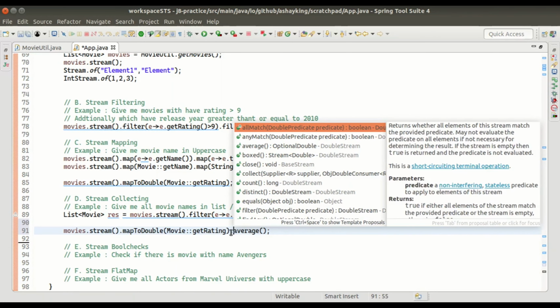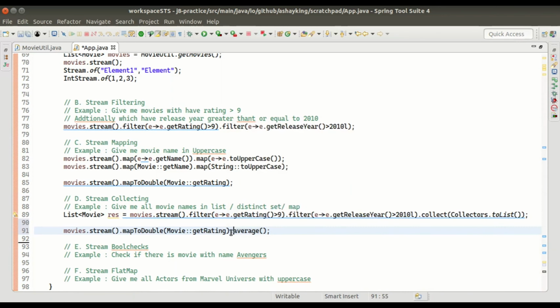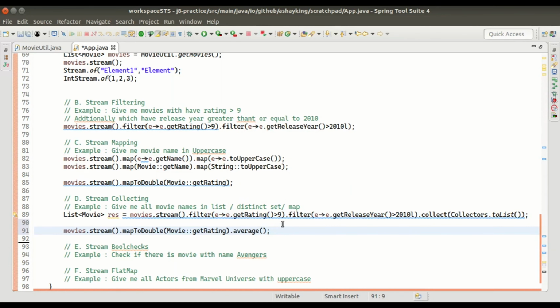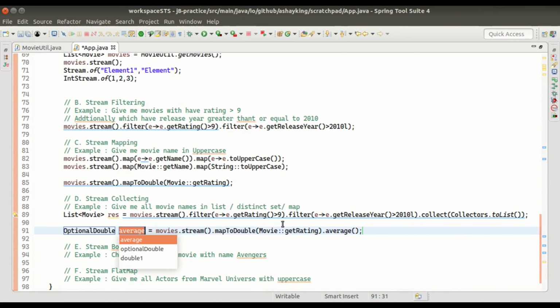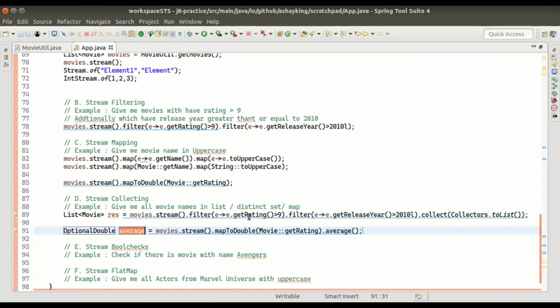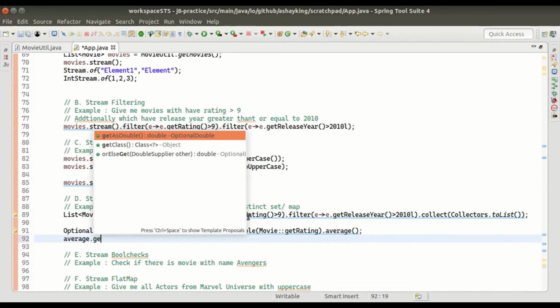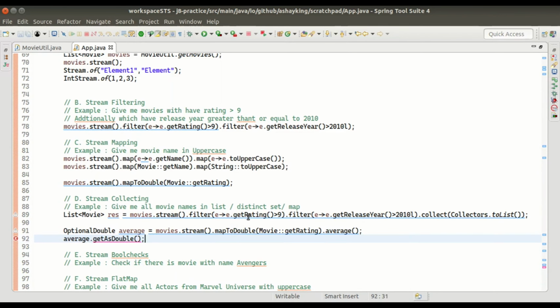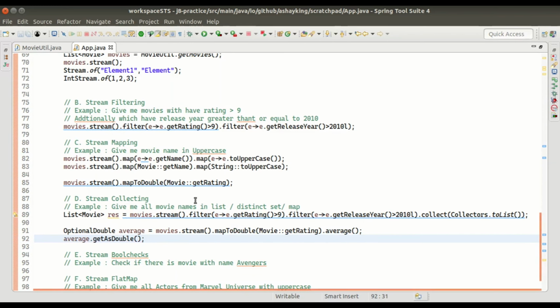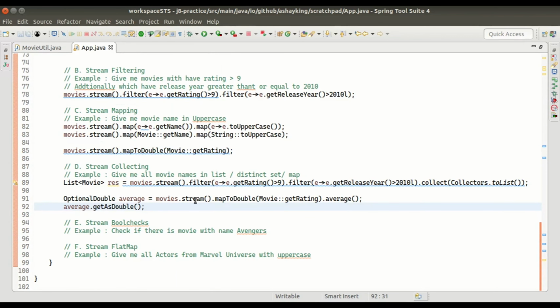These are the methods which we normally use in daily usage over any collection. If I check the type, it is a single object, and I can get the value by using dot get as a double. Yeah, so these are the terminal operations, which are mainly classified in two ways: one to collect in a collection, or to collect in a single value.